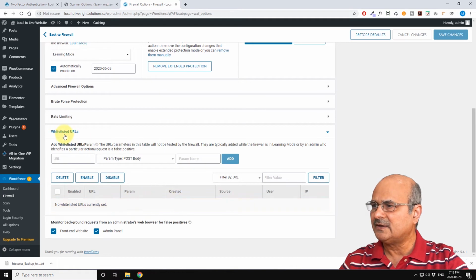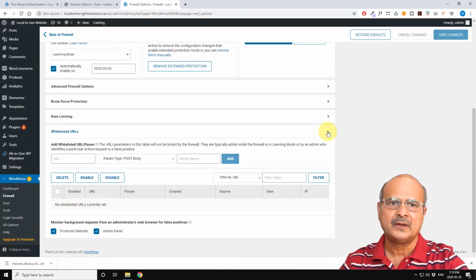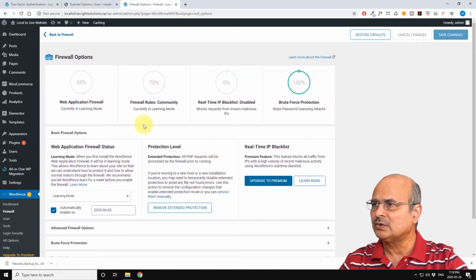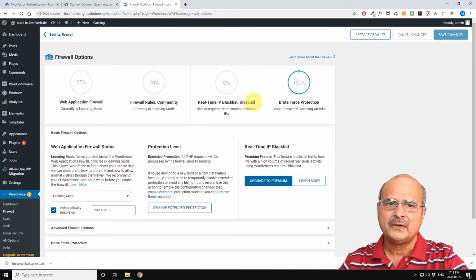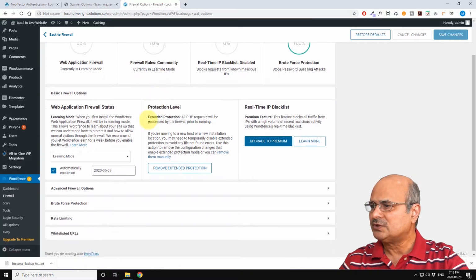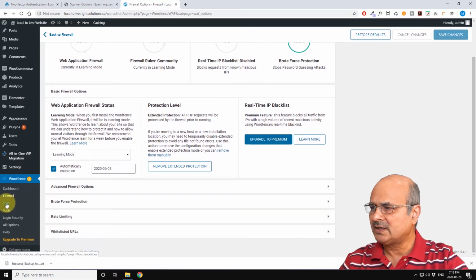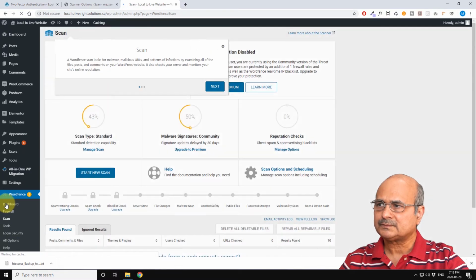Here are the whitelist URLs. You can add whatever URL you think should not be blocked. You can put them into the whitelist, and they will stay unaffected. So this is pretty much the firewall setting here. If you go to the next setting in our dashboard from Wordfence, it is scan. So if you click on this,